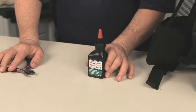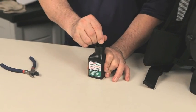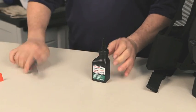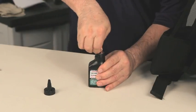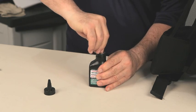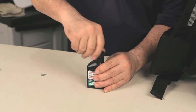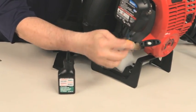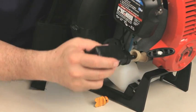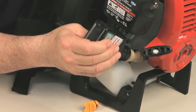To add oil to a new engine, locate the oil bottle that came with the blower. Cut the tip off the spout. Remove the cap and pry the protective seal off the bottle. Then reinstall the cap. Remove the oil fill plug. Insert the spout into the oil fill tube and slowly squeeze until all the contents of the bottle have been